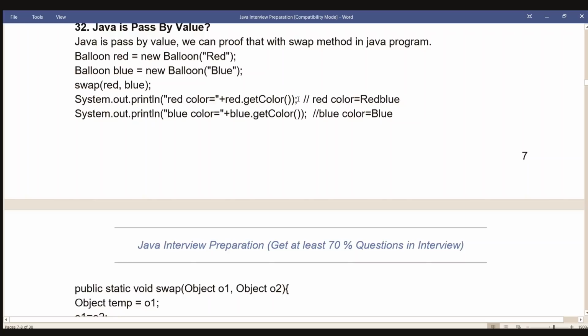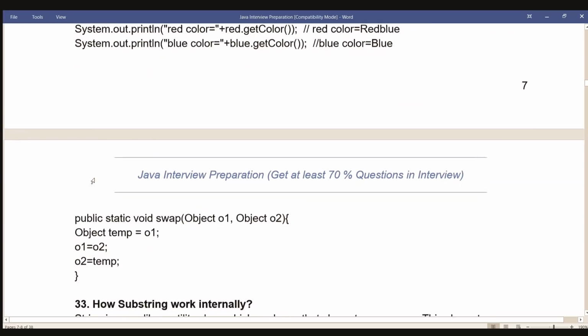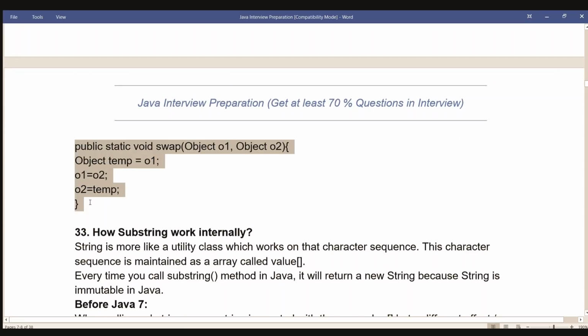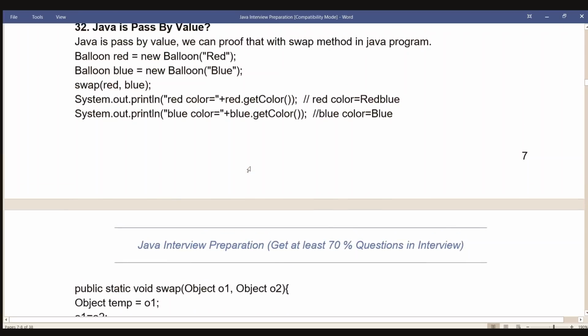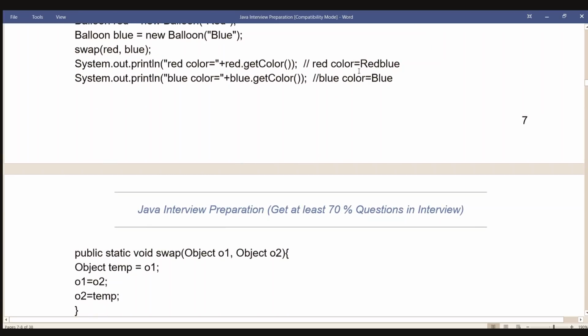System.out.println("red color = " + red.getColor()); red color = red. System.out.println("blue color = " + blue.getColor()); blue color = blue. public static void swap(Object o1, Object o2) { Object temp = o1; o1 = o2; o2 = temp; }